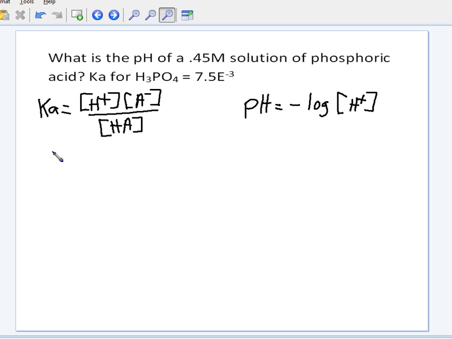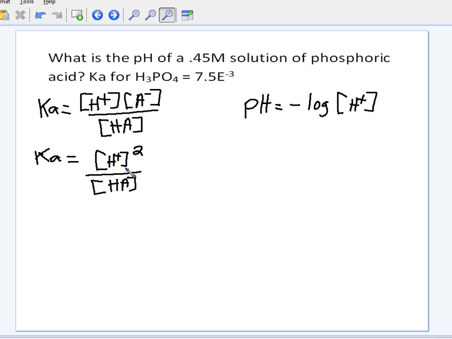molarity, and if you remember, you can simplify this formula by writing it like this, that Ka is equal to H plus, but since the concentration of H plus is always the same as the anion concentration, you can just write H plus squared. That way you don't need to worry about the anion concentration. Then you would divide that by